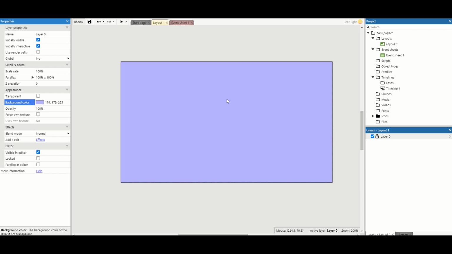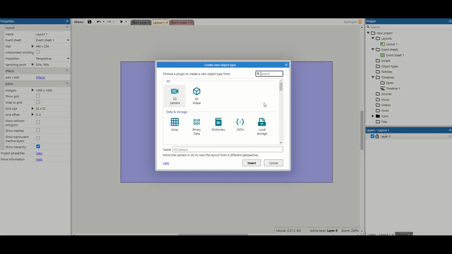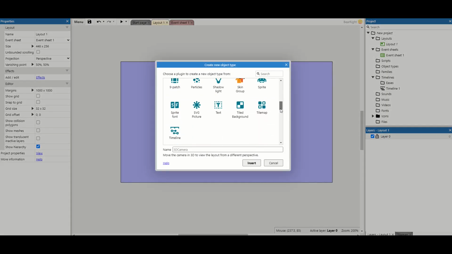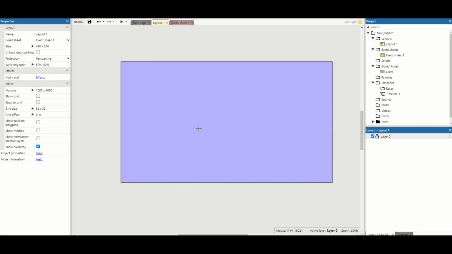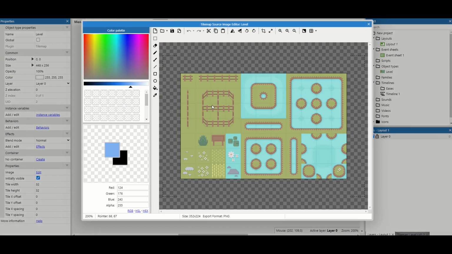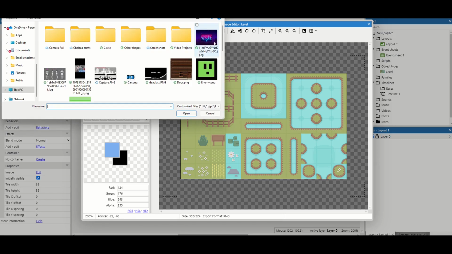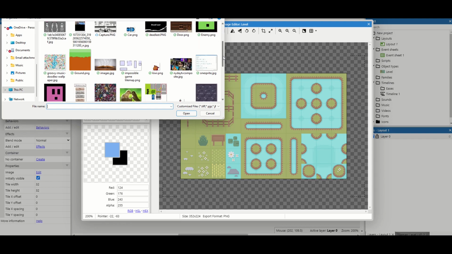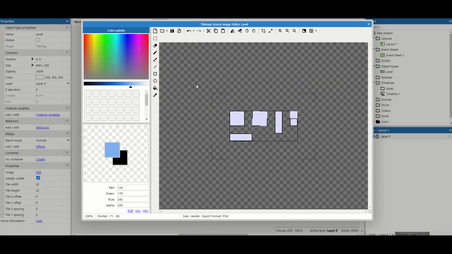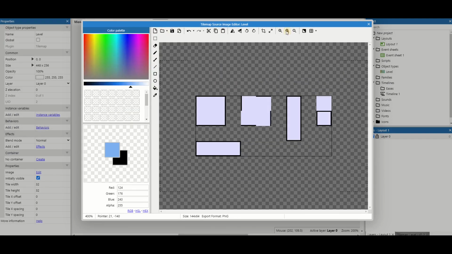To create the actual level itself, this would normally take lots of sprites and lots of work. We're going to actually make use of something called a tile map. So I'm just going to scroll down and find a tile map, and I'm going to call this level. Click anywhere to place it. To make life a bit easier today, I've created the tile map already, and I'll put it in the link in the description. So if you want to follow along with this tutorial, download that image